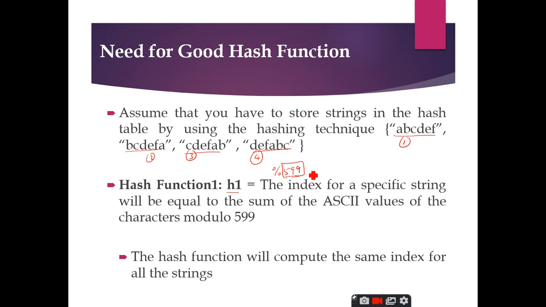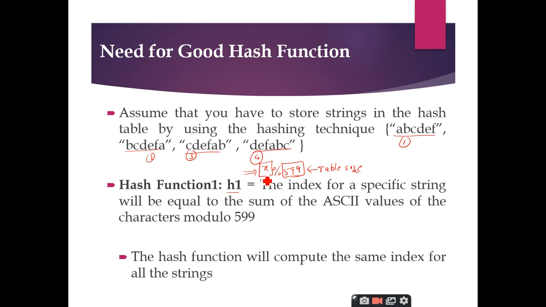Table size. So this is the table size. I am just taking it as a random number. So I have to divide the number x modulo 599, where 599 represents the table size. So I need to find this x. I cannot divide strings with integers, so I need to convert these strings into integers.